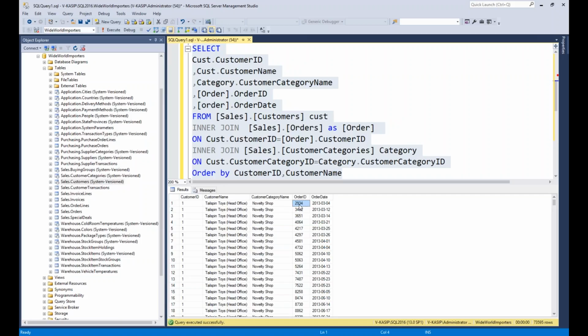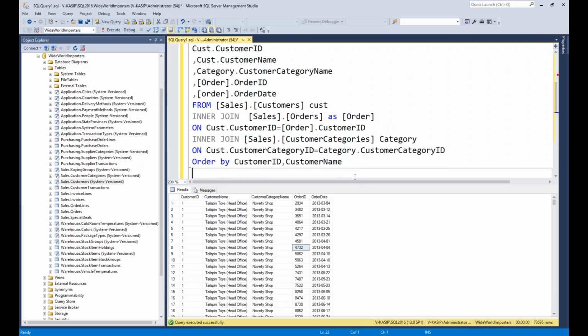But in the order table, for one customer you have multiple orders, so there are different orders. And if you have duplicates in the order table, the same order ID repeated, then you will get the duplicate here also.